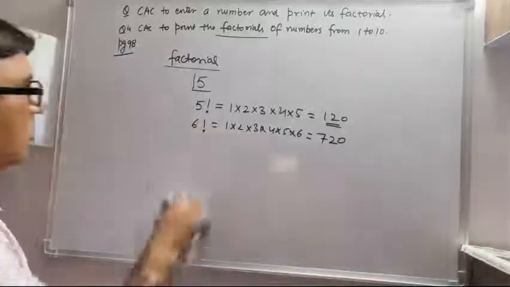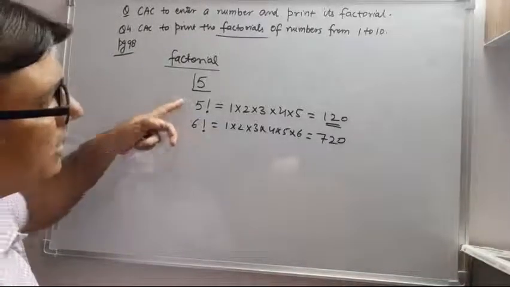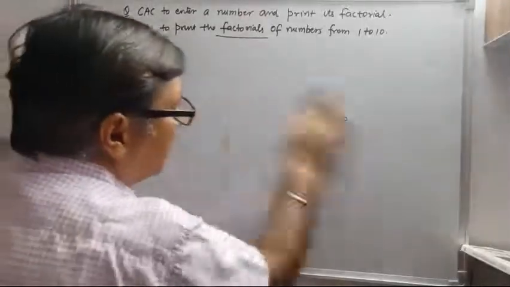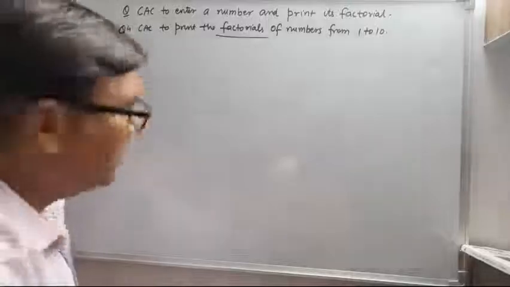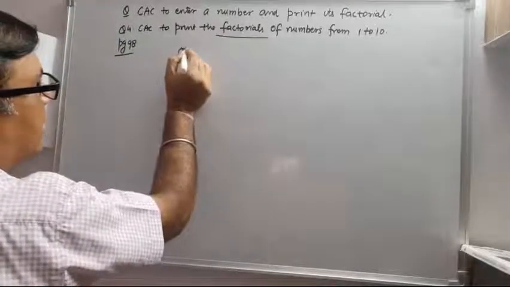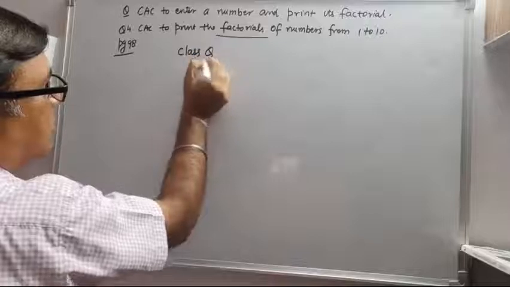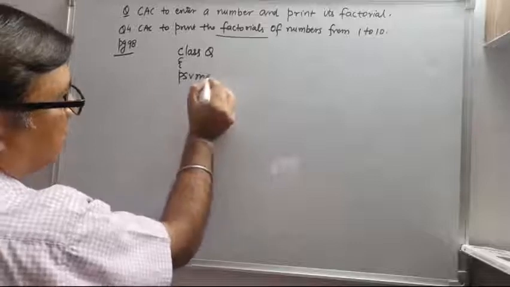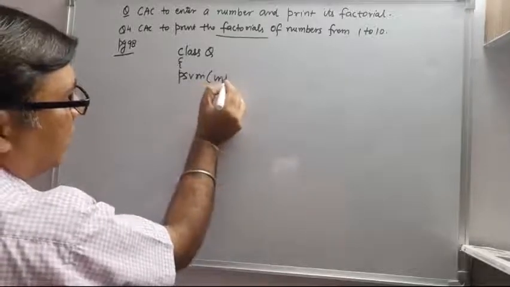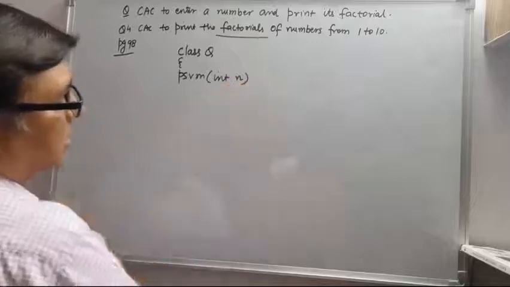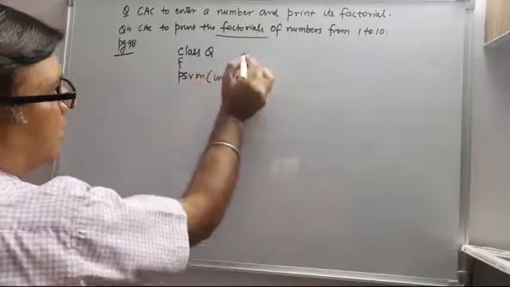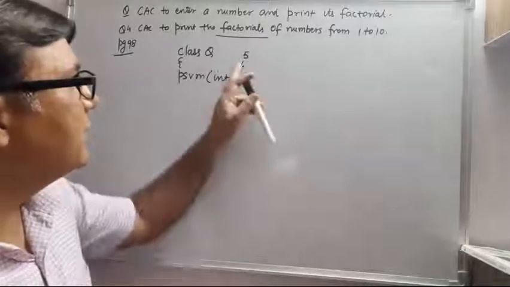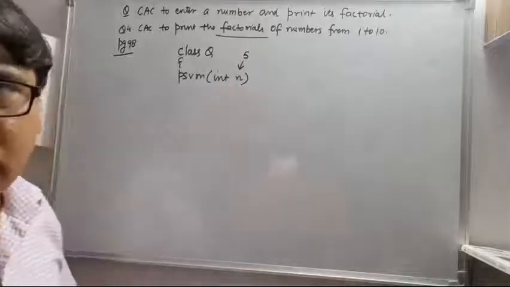Now let us see how to do this. We have to enter this number and print its factorial by finding it. So let us do this program by using the parameterized input. First of all we take a class name, class Question, after that public static void main. We are doing this program by the parameterized input, so we will enter the number into it. Suppose, for instance, the user has entered the number as 5. It will find out the factorial of 5. The value of n is 5.